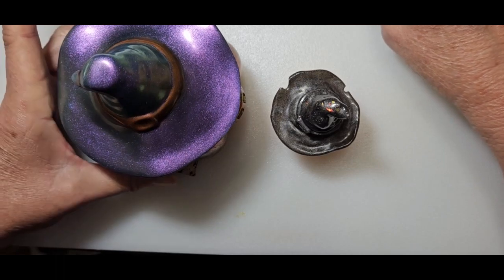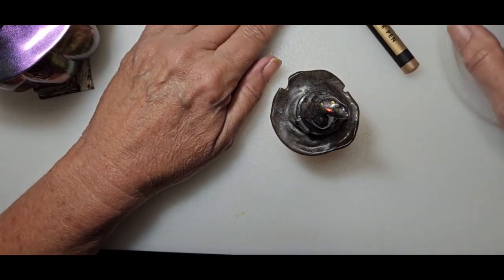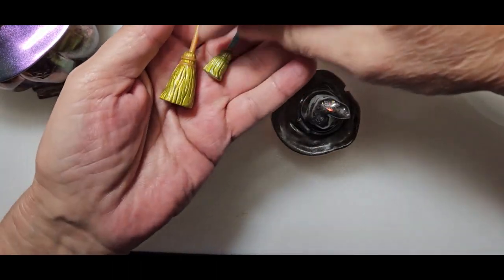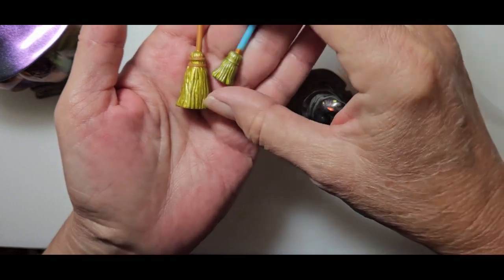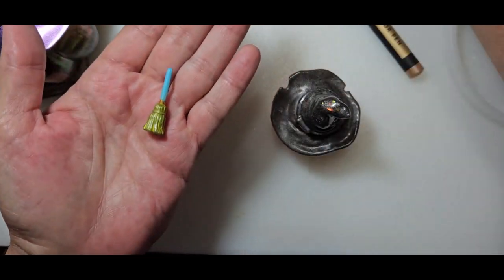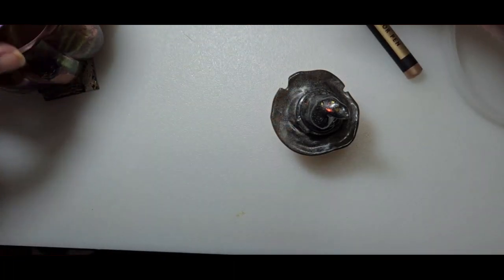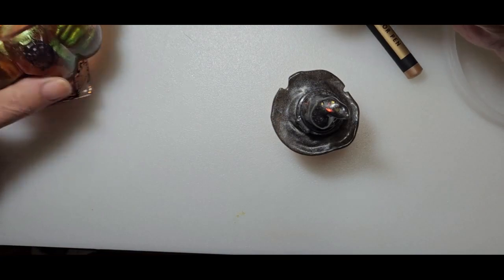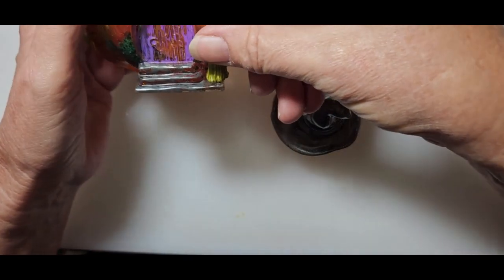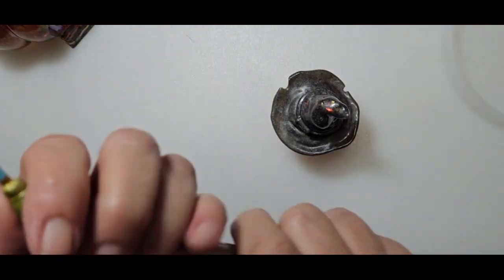So let's get something started so it dries in time for us to finish. Remember these little brooms? Well, I colored this one with the gold, and then I colored the smaller one with the gold. Now this one will fit on the little porch of the witch's pumpkin house. So what I need to do is take my brown, and I'm going to quickly